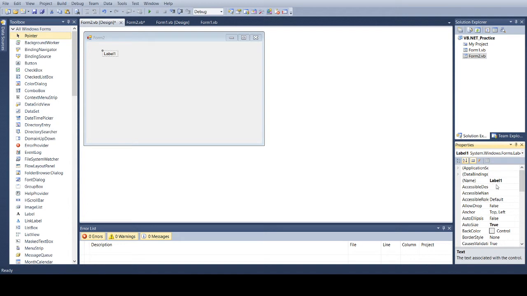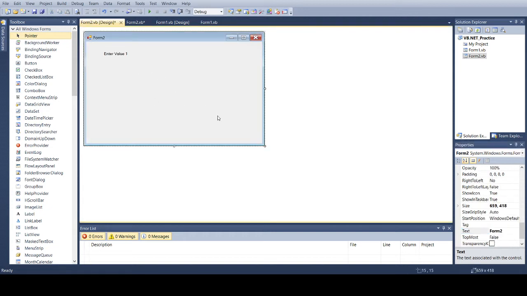So the name will be Label1 as you can see here, and the text property will also be Label1. But if you change the text property to say Enter value 1, it will change. The name will remain Label1 but the text property will change. The text is what we see around the label.